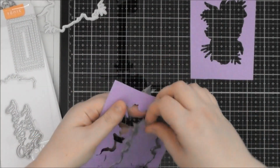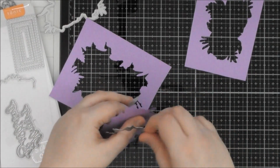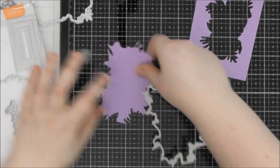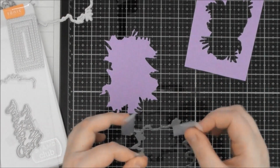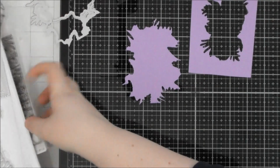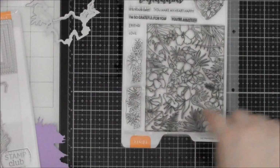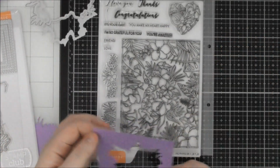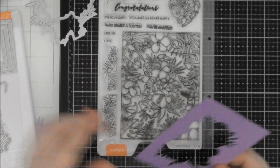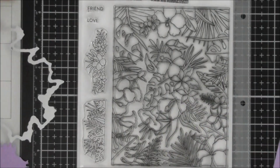And then for this one, you actually want to keep the interior piece. So this is for getting the frame to be cut out perfectly. You'd think you would want to keep the frame piece, but no, you actually want to keep this interior piece to be able to get your die to line up perfectly. So if I just show you on the actual stamp rather than me stamping one out. So if you wanted, say this is your stamped image, if you wanted to die cut this one out absolutely perfectly with no hassle, not having to worry too much about it being lined up